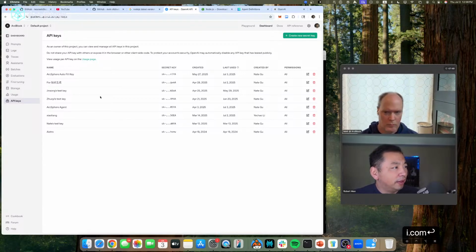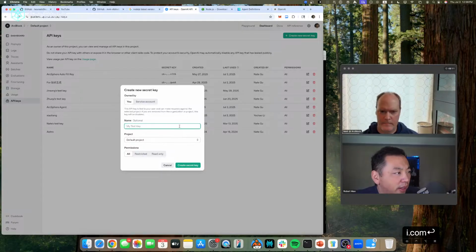Once you have this API key, you can see all the API keys in one of our default projects. Those are secret, right? So you will not be able to see them. If you are new to this page, it's going to be empty. You only see this green button here to create a new secret key, right?